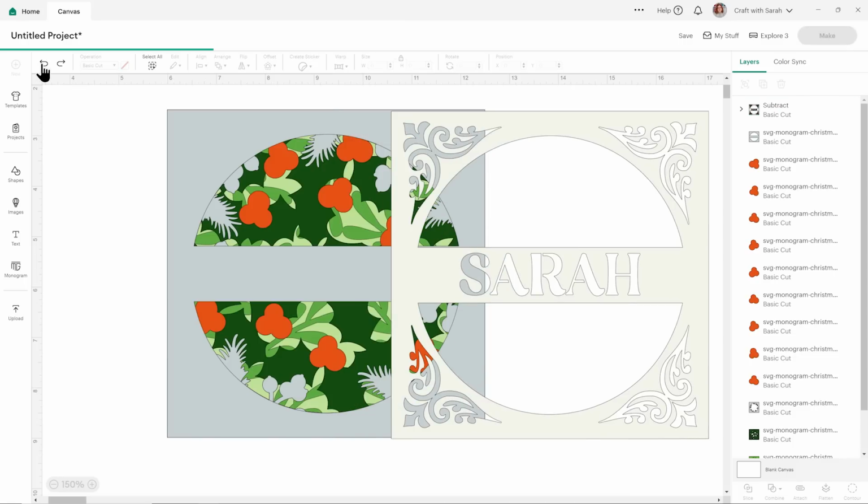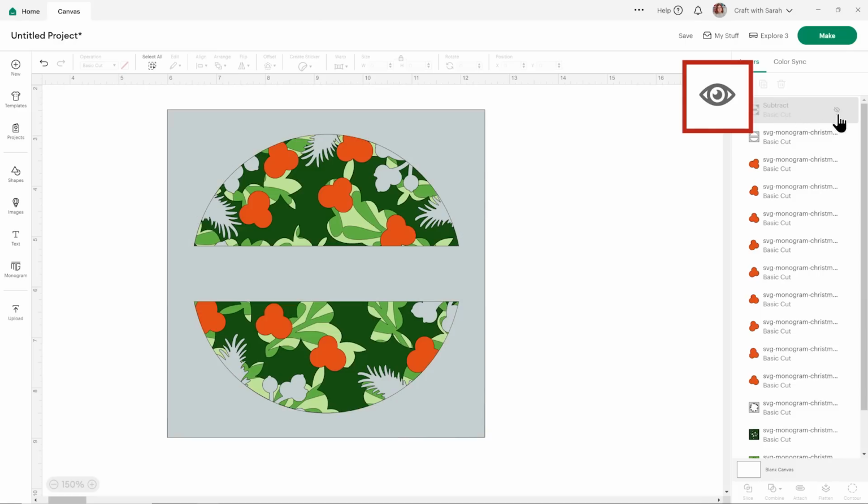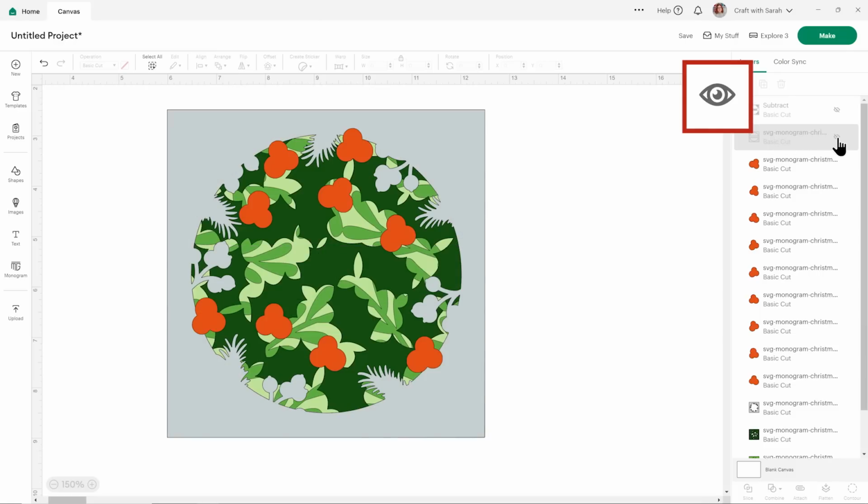And that was it for that bit. That was pretty simple, right? Adding a big letter to the background is a little bit more complex, but not hugely so. To start, let's hide our top layer by hovering over where it says Subtract and click the eye icon, and hide the grey layer underneath. It's all of these layers that we're going to be working with next.